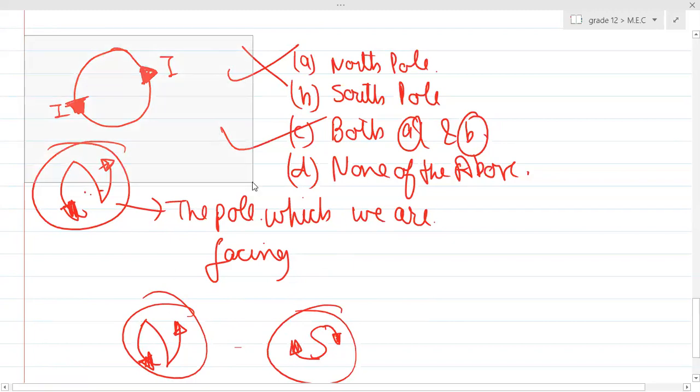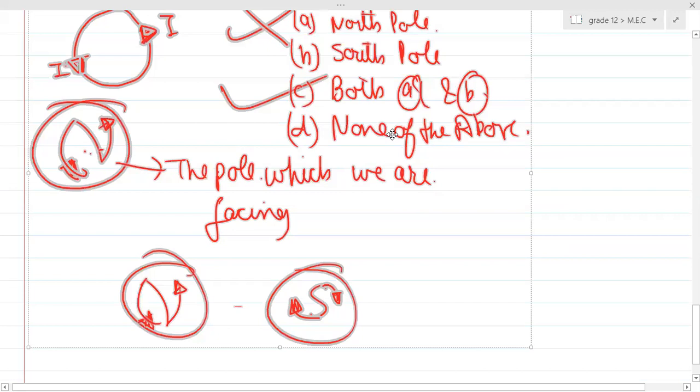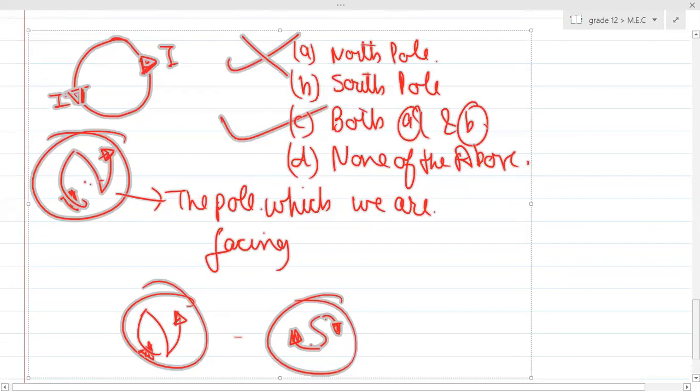So I asked the question a bit early. But anyway, you already know this from 10th grade, right? The 10th grade students were making this mistake when I gave them this question in their exam paper. All of them marked North Pole. I told them specifically to identify which poles are created when the current flows like this. They said North Pole. No, the answer is not North Pole. The answer is both. North and South will be created.